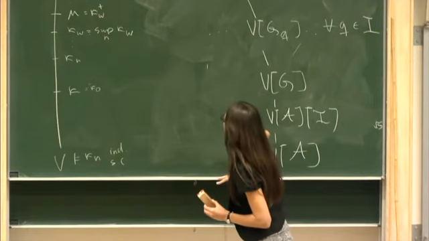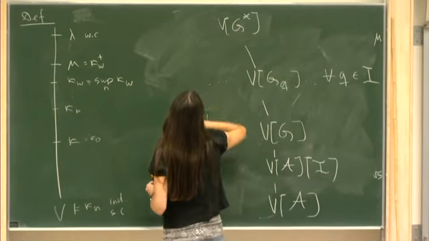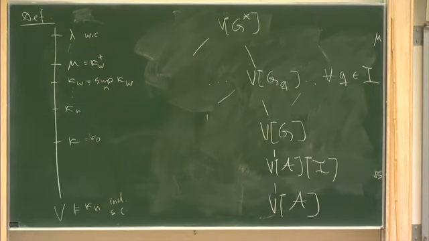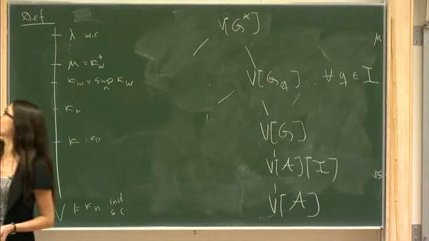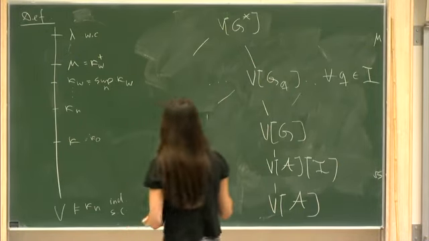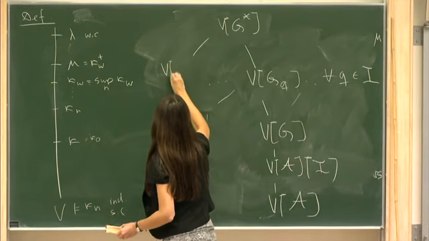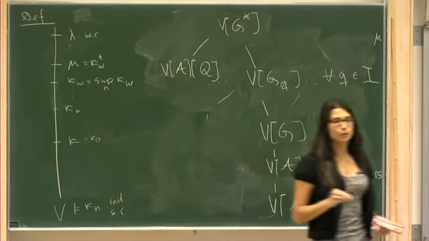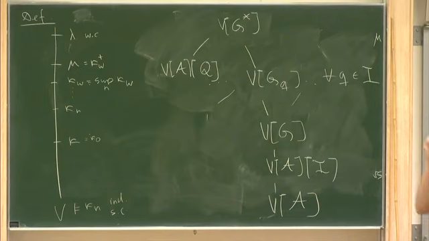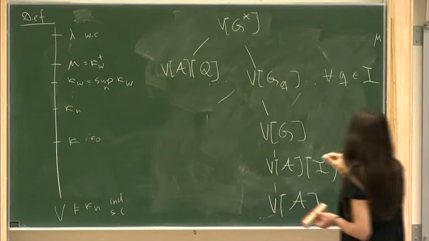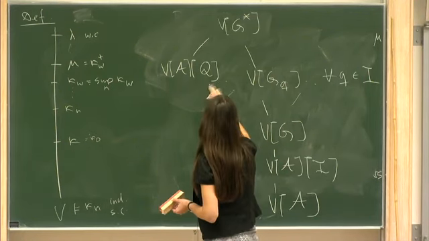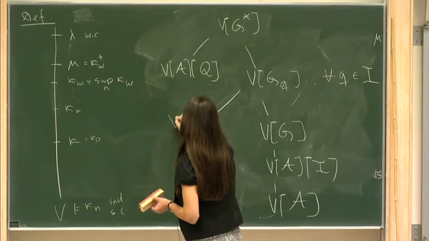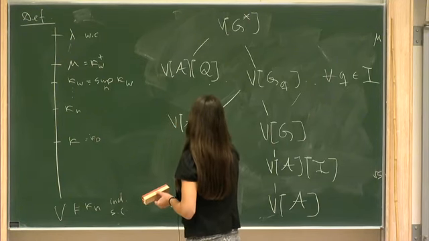Why? Because GQ, that's so G star, that's R star, which is A star I times Q. So in particular, this projects to VA. Let me call this script Q, where script Q is generic for math BVQ. I take away the Prickly part, and this VQ projects to VA